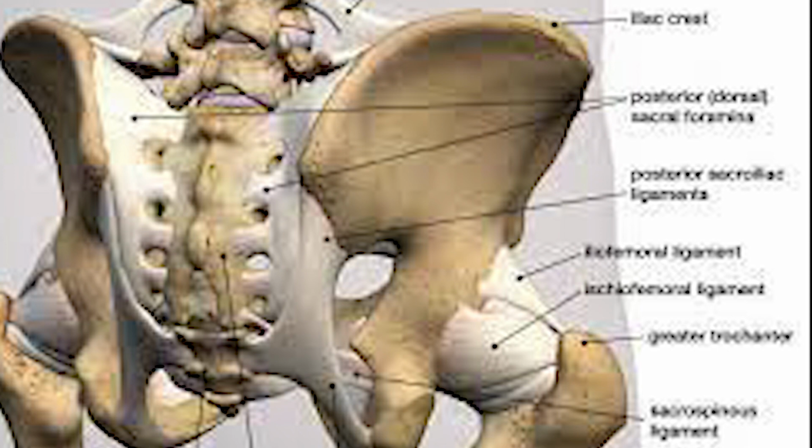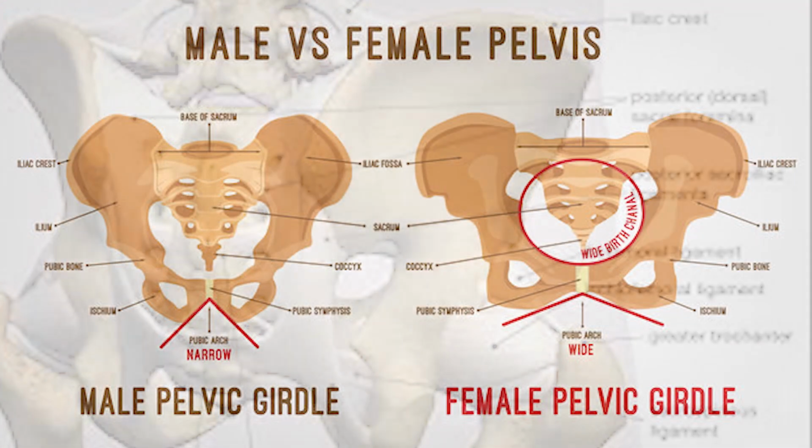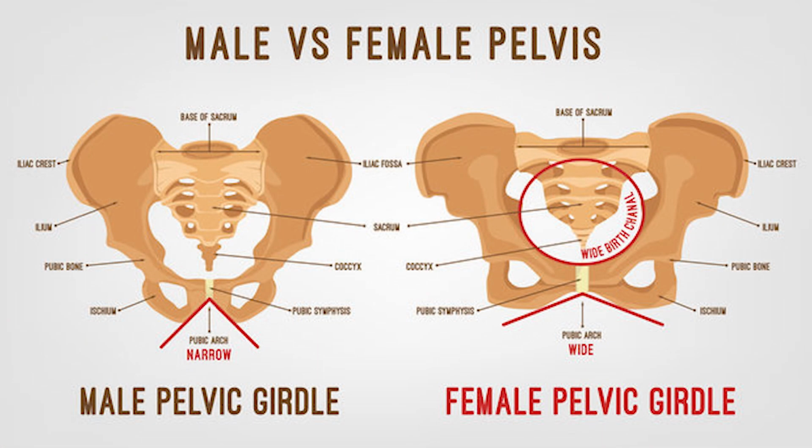The true pelvis is a bowl-shaped structure that contains and protects the lower parts of the intestinal and the urinary tracts, as well as the internal organs of reproduction. The true pelvis has an inlet and outlet and a cavity. The pelvic inlet is bounded posteriorly by the sacral promontory, laterally by the iliopectineal lines, and anteriorly by the symphysis pubis. The pelvic outlet is bounded posteriorly by the coccyx, laterally by the ischial tuberosities, and anteriorly by the pubic